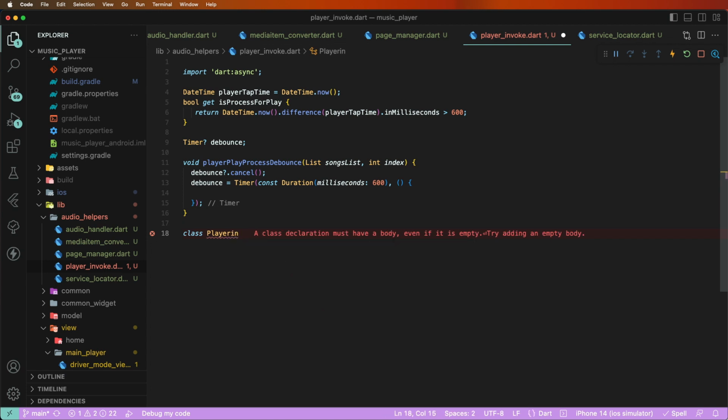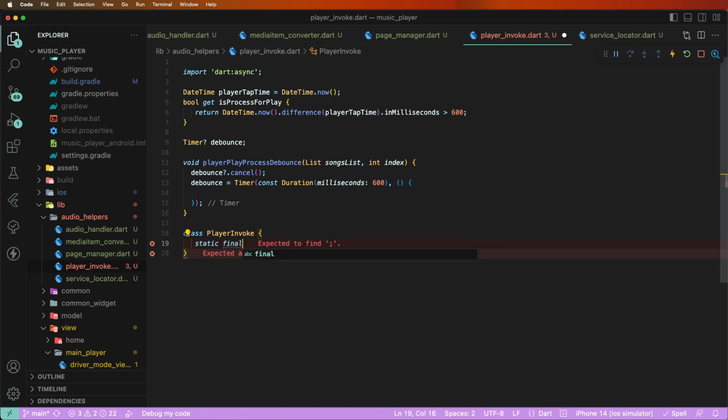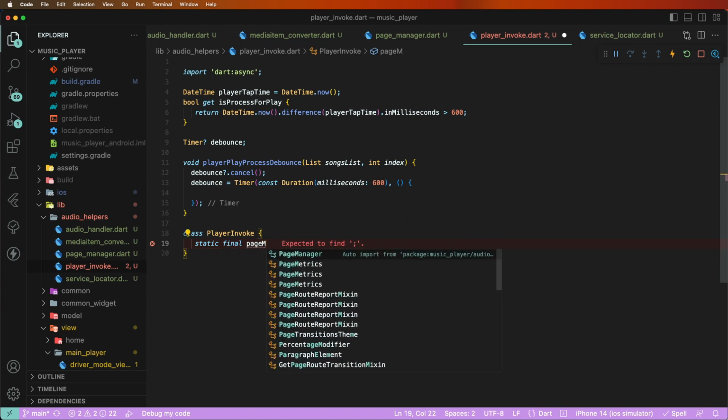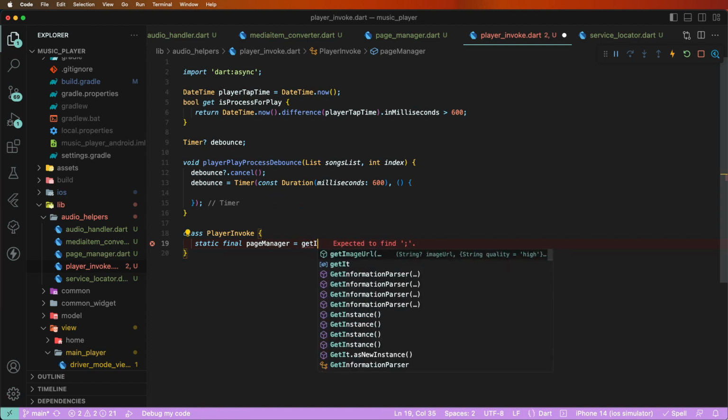Player invoke here the methods. Now need to set here the static final page manager is equal to give here the get it, not GetX, get it,